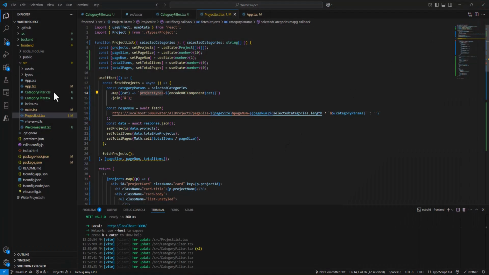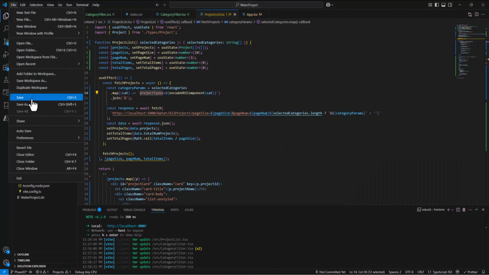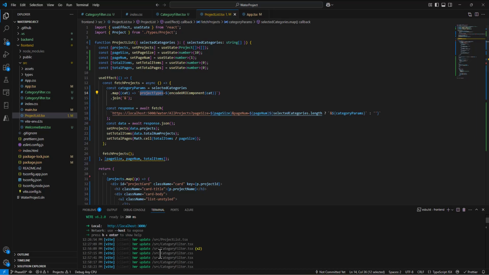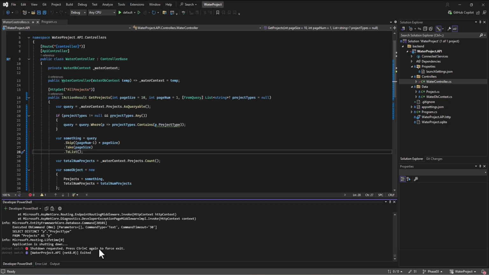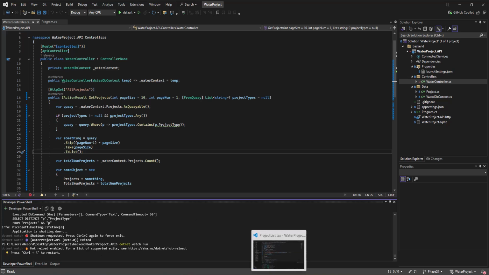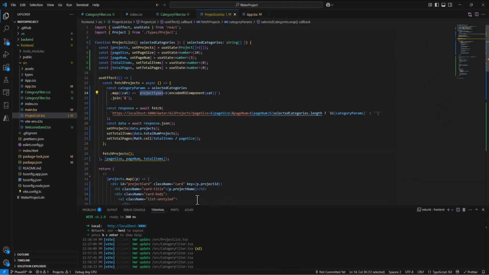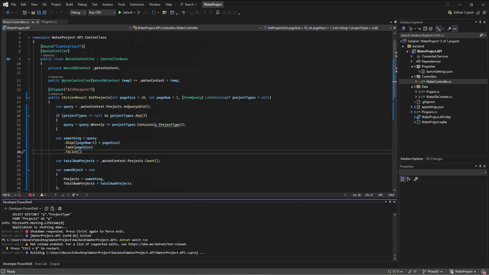Let me try. I want to make sure I've done a save all here, which it looks like I have. And I'm going to restart this server. So Control C, and then restart that. And then once we're going there,